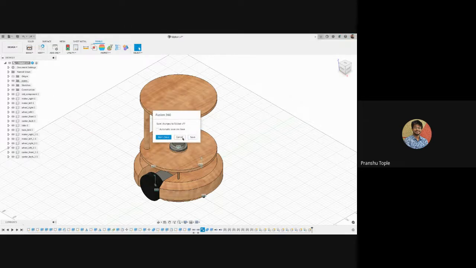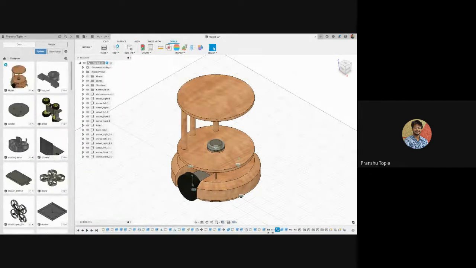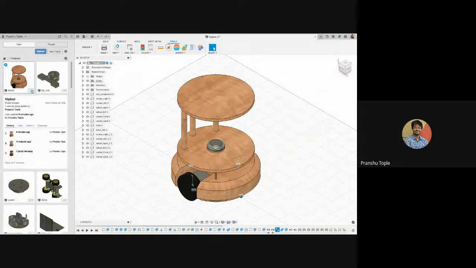I can say don't save or anything. I will say cancel, or I can say where is it stored. Yeah, I can say restore to the previous version. So I can click here, so it will go to version number 7. Anything which is done after version number 7 will be automatically deleted. So it is going.